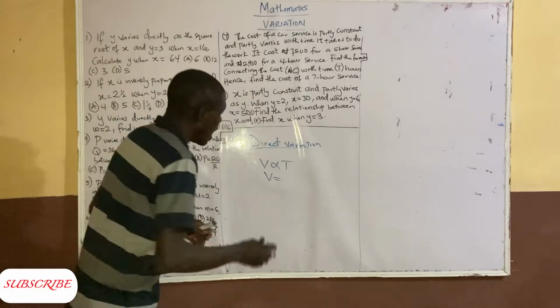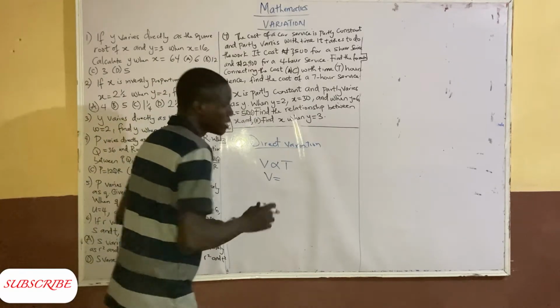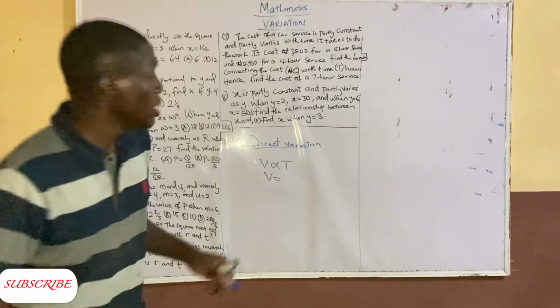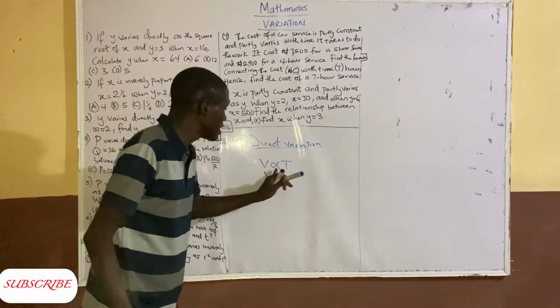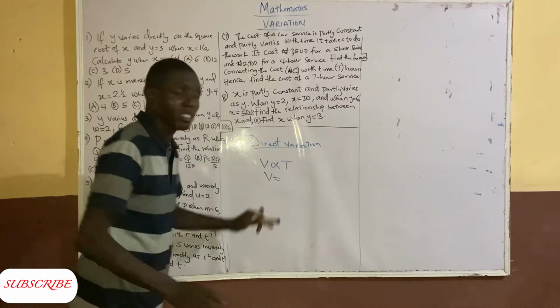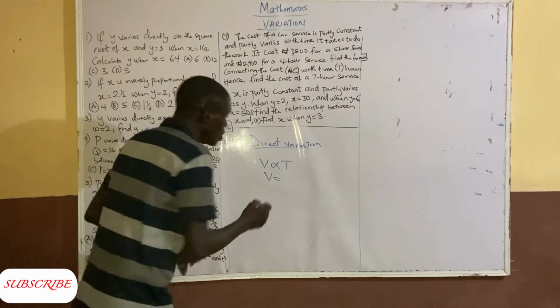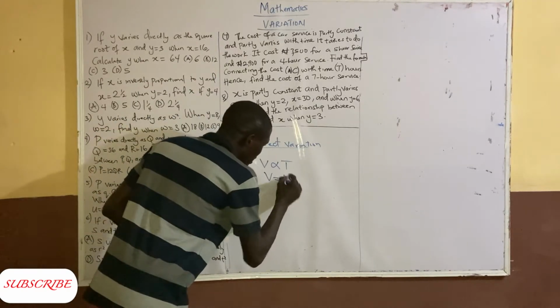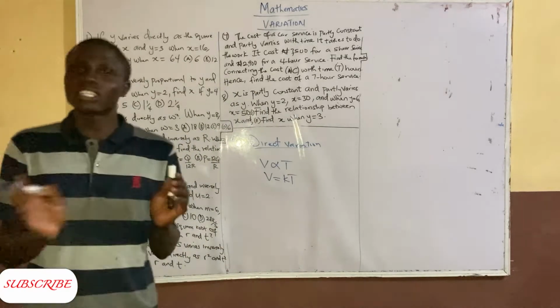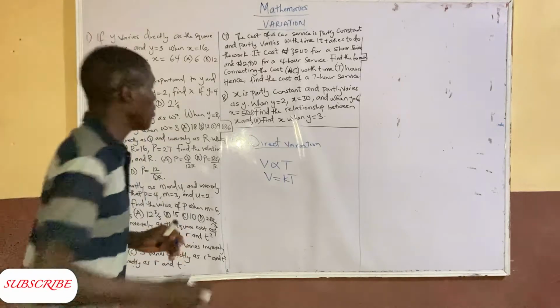So that's that about direct variation. And whenever I want to represent direct variation, we use the proportionality sign for it, in which we just write V directly proportional to T. That's how to represent it. And we replace the proportionality sign with equal to and K. So this is how we represent direct variation. And now we're talking about